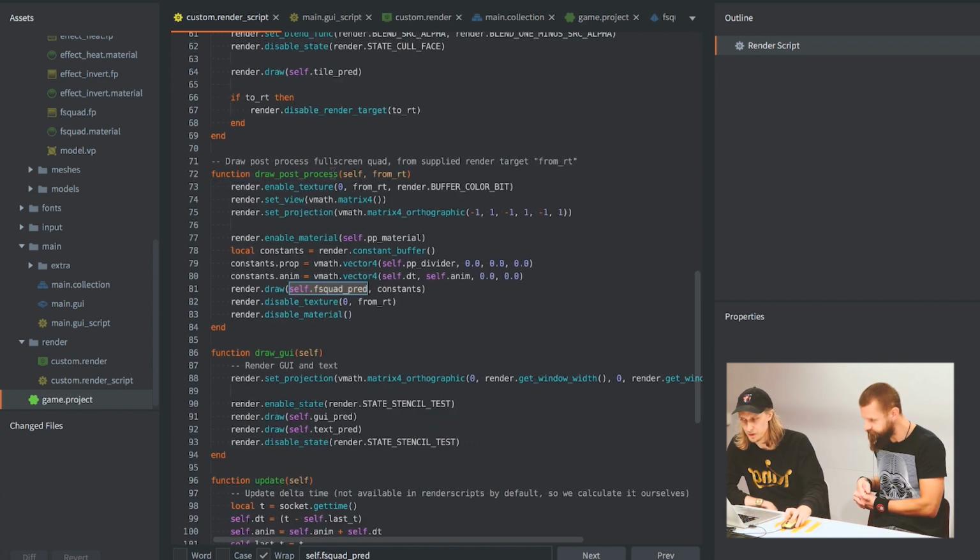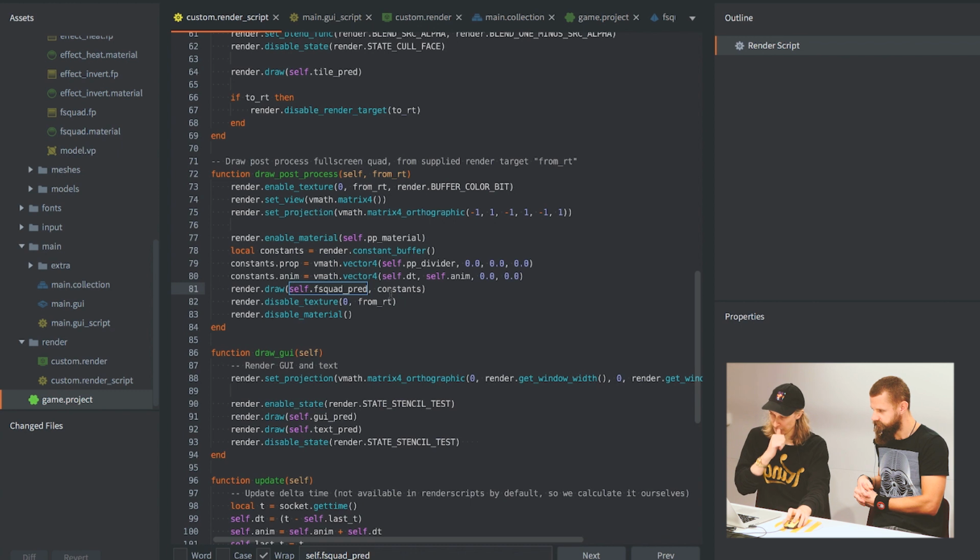And in my draw post process function here, it's just as before when we used tile, right? I'm going to use render.draw with the FS quad pred. So when this function is called, it will render the full screen quad, but it's very small, so I need to set up a camera so it actually fits the quad perfectly. And this is done in the beginning here. So I set the projection, orthographic, lower left corner, and stuff like that. So you see it's actually -1, like left side, and